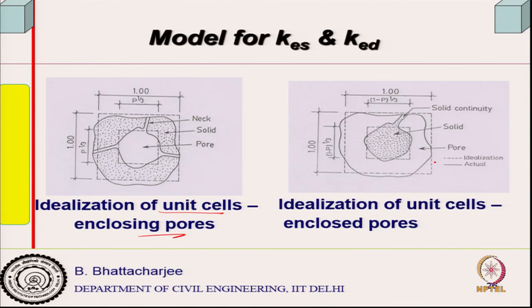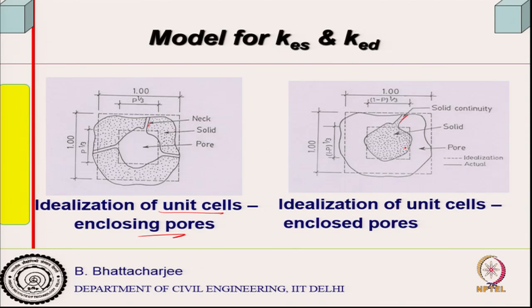Now, the material must be connected through. So, there are narrow necks. If it is a closed pore system, you need not have necks, but in some cases, materials will have some connected pores and some unconnected pores. So, the connectivity depends, of course, and solid connectivity has to be there. All air cannot be there, isolated solid will not be there. So, solids might also be connected where there are large quantities of pores. So, one can idealize, and this is a unit cube. So, 1, and therefore, this is 1.